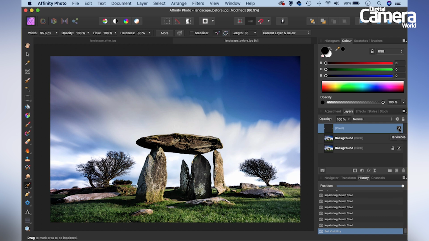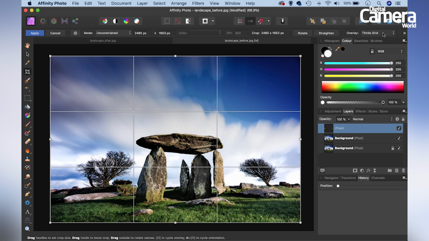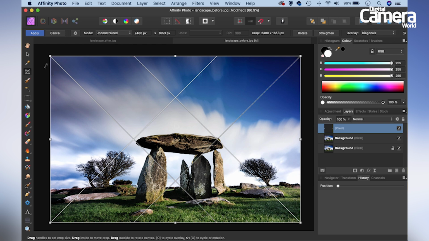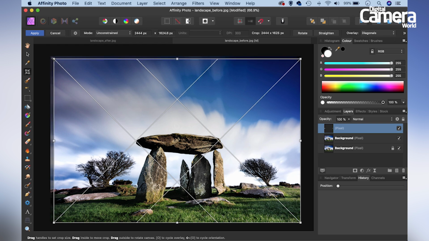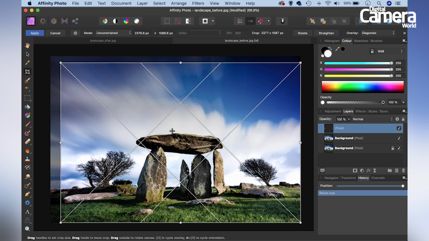Now, another way to improve a composition is to crop, and we can grab the crop tool here from the toolbar, and then with the crop tool we have these useful overlays at the top right of the screen here. So we can set this to none, we can choose to use the rule of thirds grid to guide us in cropping, or we can perhaps go for golden spiral or diagonal. So I could try diagonals, and then I could try and line up my crop using these points over the rocks here like this. Just to crop in slightly tighter, make my central composition here perfectly central, then I hit